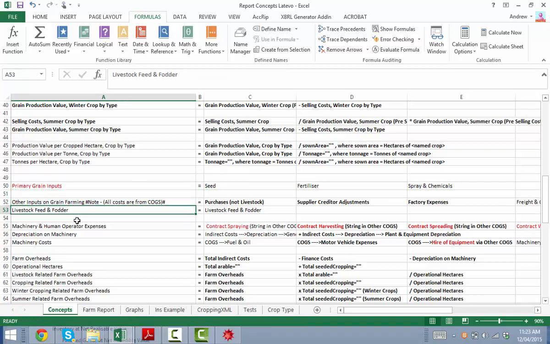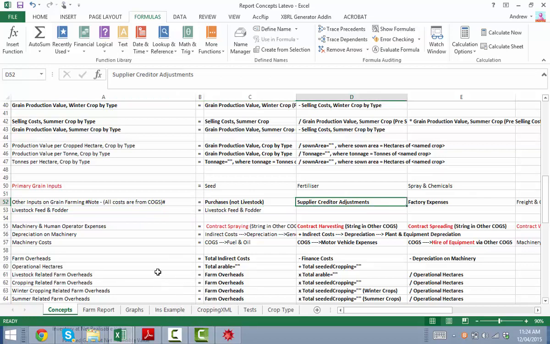We have livestock feed and fodder, which sits separately but also is in the cost of goods section in the taxonomy. We have other inputs on grain farming. So these are all coming out of the COGS section in the taxonomy, but we capture anything in the purchases section